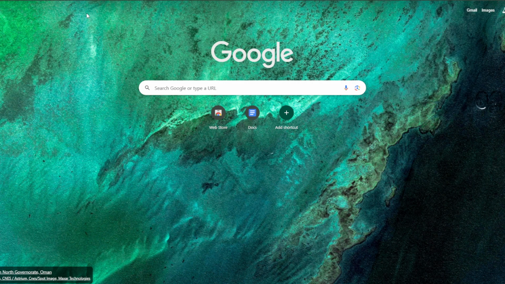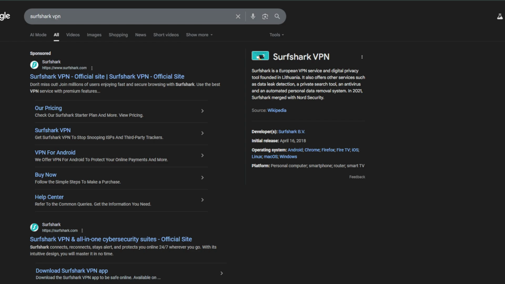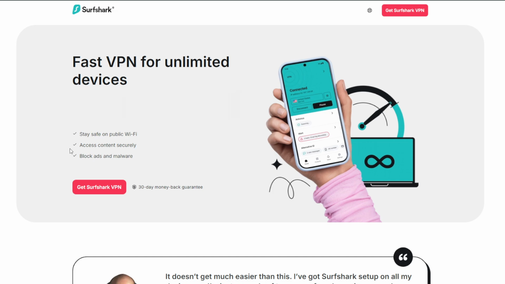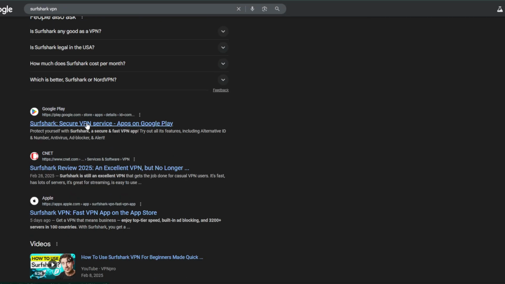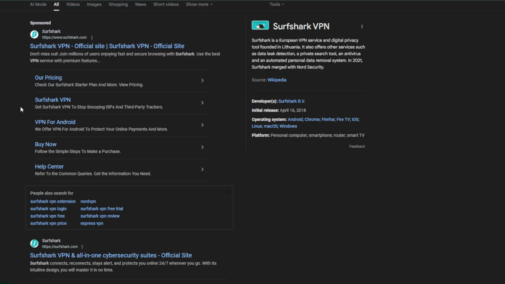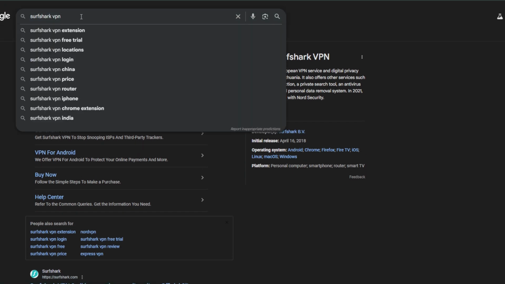So first thing you have to do is simply go to the SurfShark VPN. You can search for the SurfShark VPN. You can find the official website from here. So you can simply click on it, and from here you can find Get SurfShark VPN, or you can find this download application from here, or you can simply click on download here,